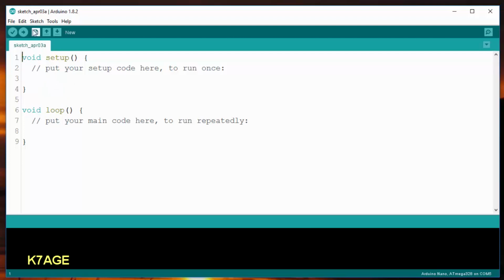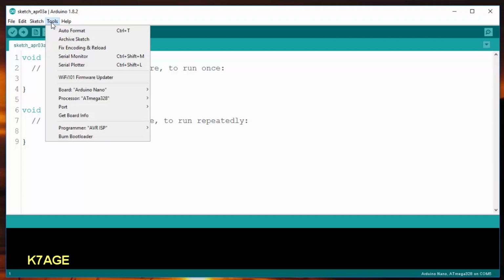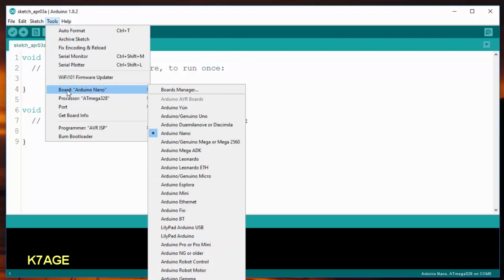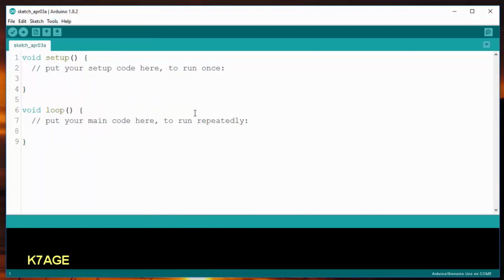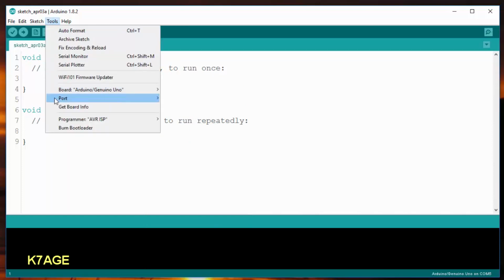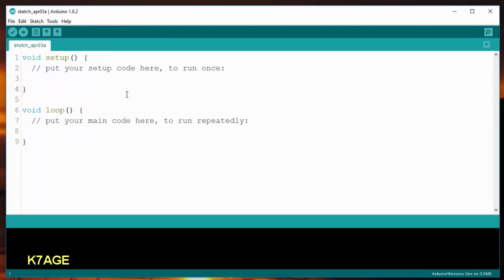So two things we need to do here is first go to your board selection, and we want to select the Arduino Uno board. And the next thing we need to do is select the serial port. I'm going here to port, and here on my computer it shows up as COM3, and again it's the Arduino Uno board. And if everything goes right, I should be able to compile this and upload it to the Arduino